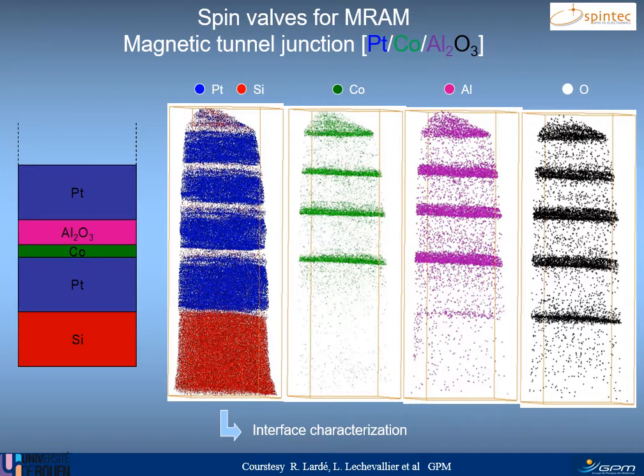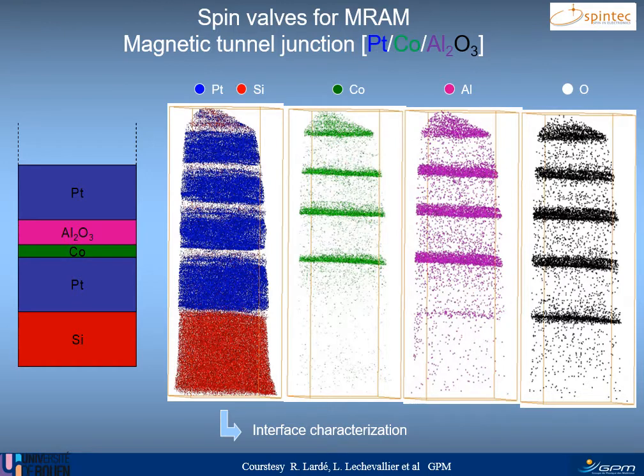And this reconstruction clearly shows you that you've got silicon, this is a substrate, and after you've got platinum, cobalt, the cobalt enriched layer. So here you've got the oxide that is enriched in aluminium, in pink here, enriched in